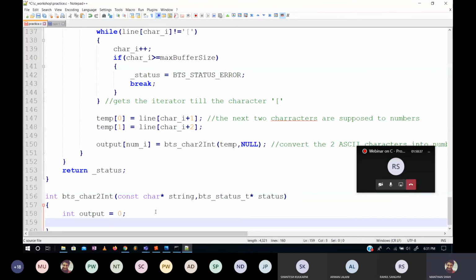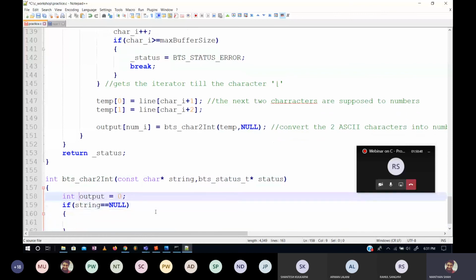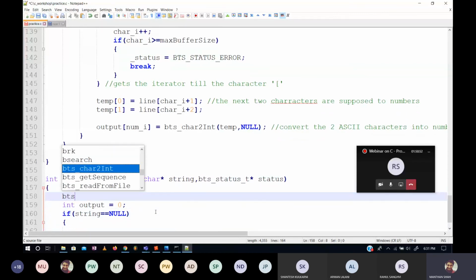We'll have an output which we are going to return initially. Now we'll have to check whether the string is not null, because if it is null, then we'll have to set the status. Then we'll also have to write the local status variable.